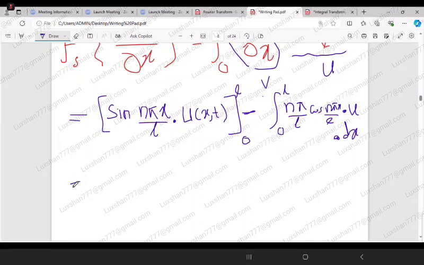If I substitute x equal to L, this becomes 0. With x equal to 0 also, this becomes 0. So this becomes 0,